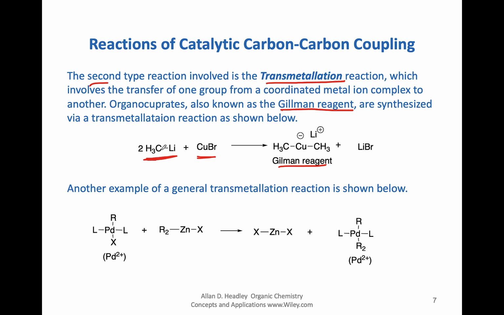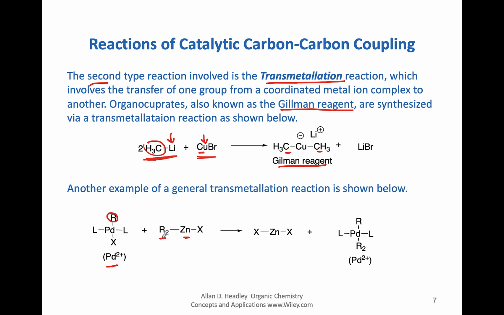So what we'll do is we'll transmetallate, we'll take this methyl group and put it onto our copper. So here it is, onto our copper. So we have now taken the alkyl group from lithium and transferred it to copper. Transmetallation. Here's another example. Here's Pd that has the R group, and here's zinc that has R2 and a second